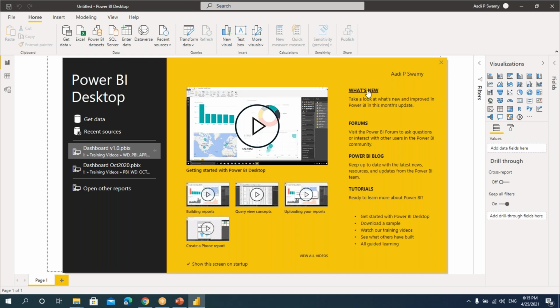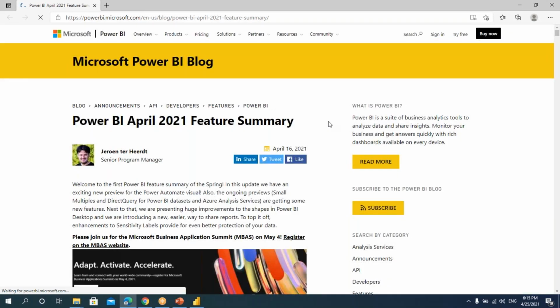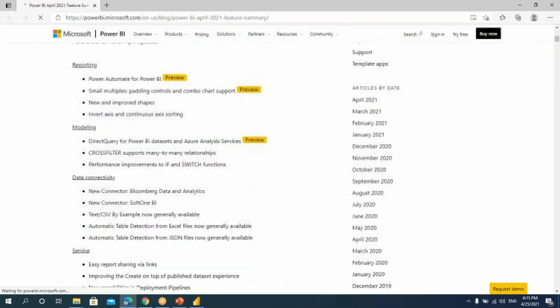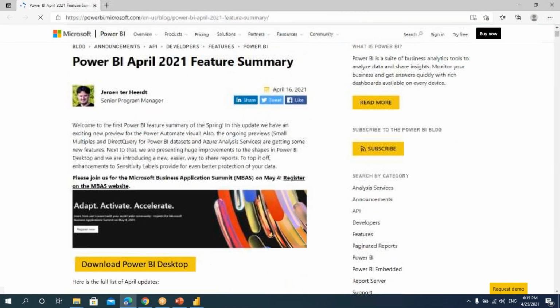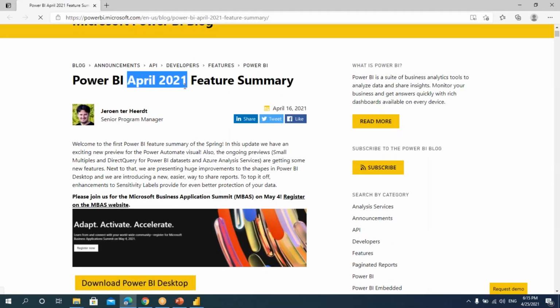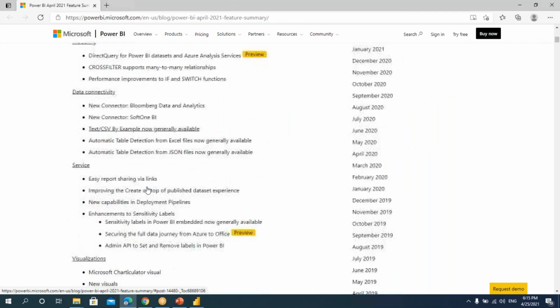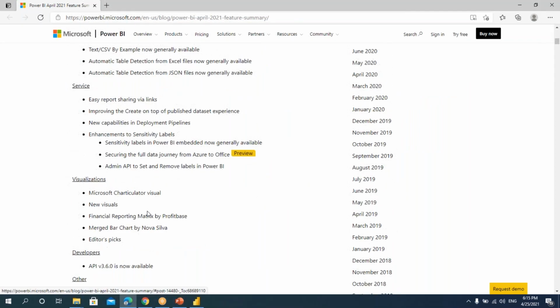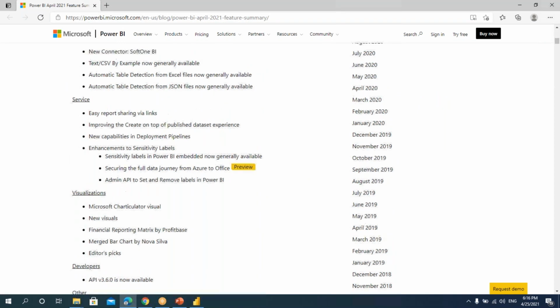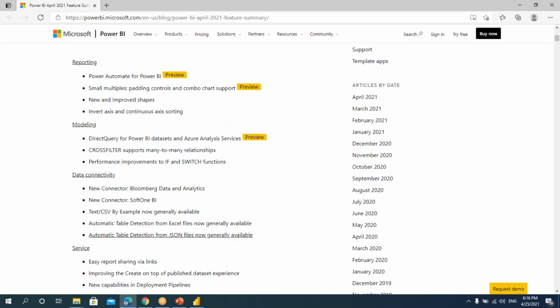This link, when I open this, every month Power BI website will keep updating the new features. You can see whatever new features are available in that particular month. You can go through this for the update. So every month you can keep updating yourself with the list what they have given.